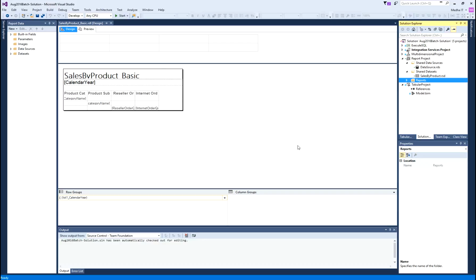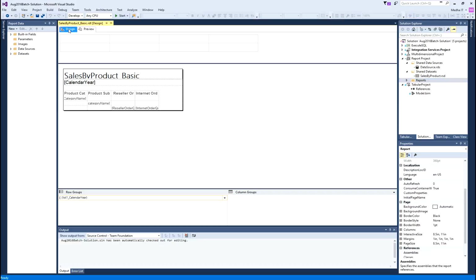By going through all those steps, we already designed the report. But in case you want to change the format, or do any additions or modifications, we can do that in the design area. That is the design tab, and there is something called the preview tab.